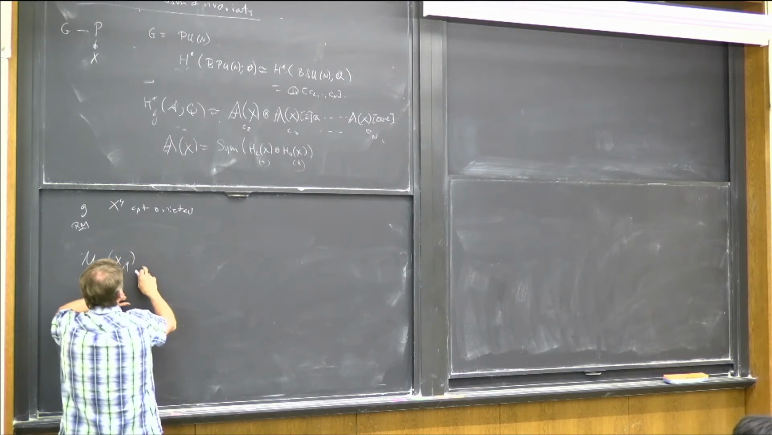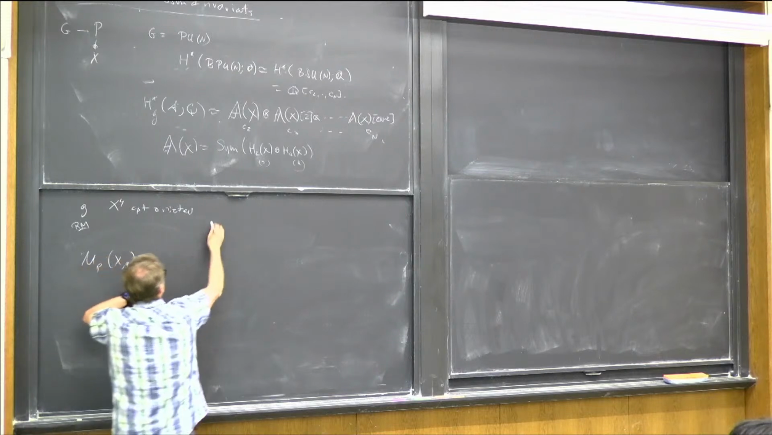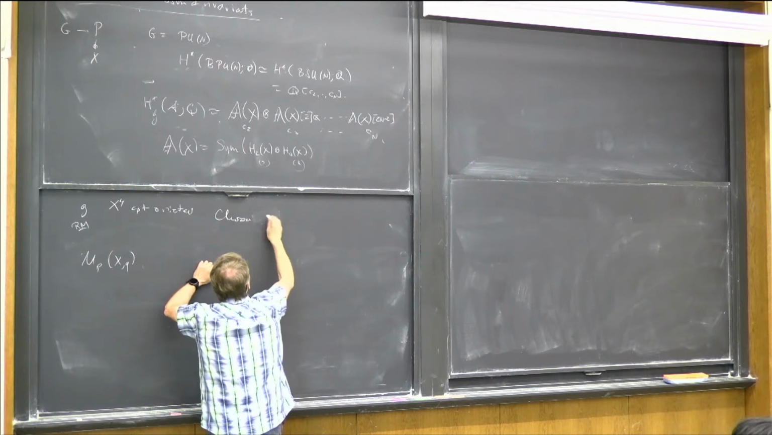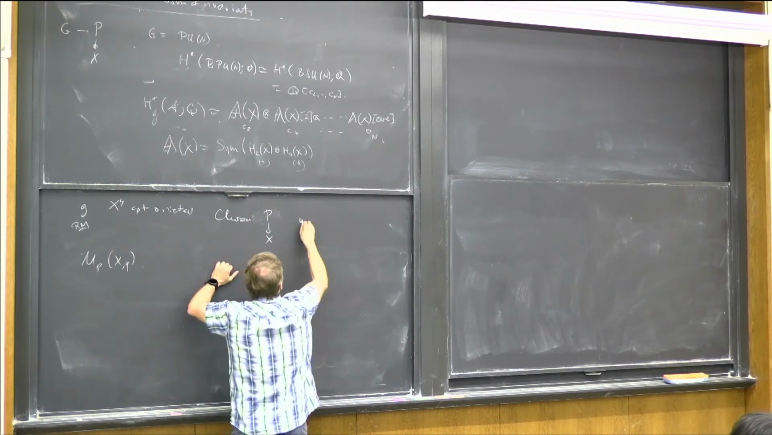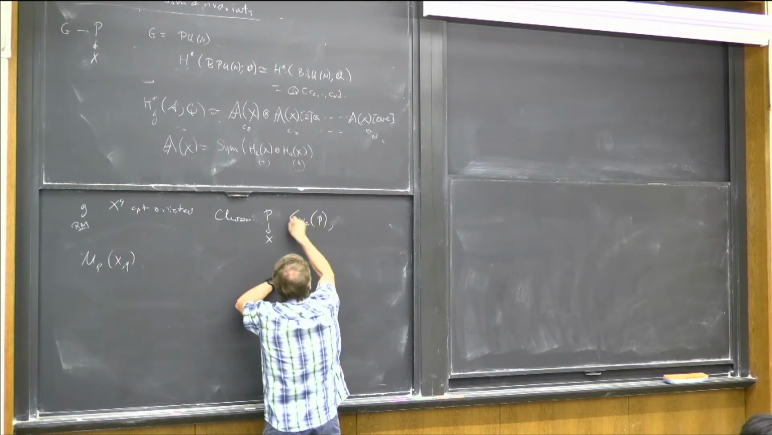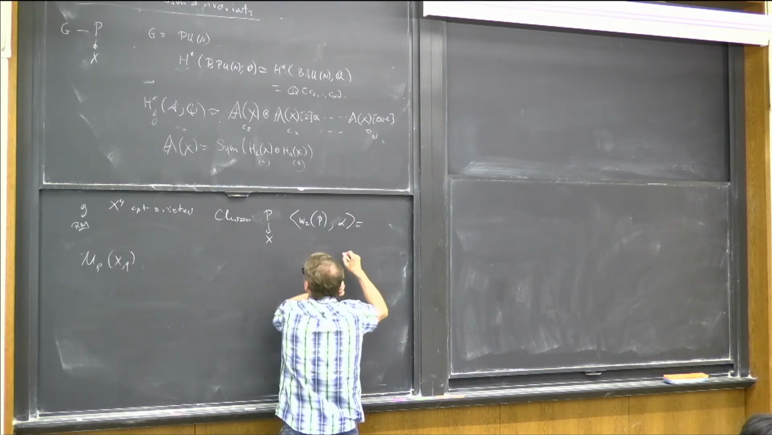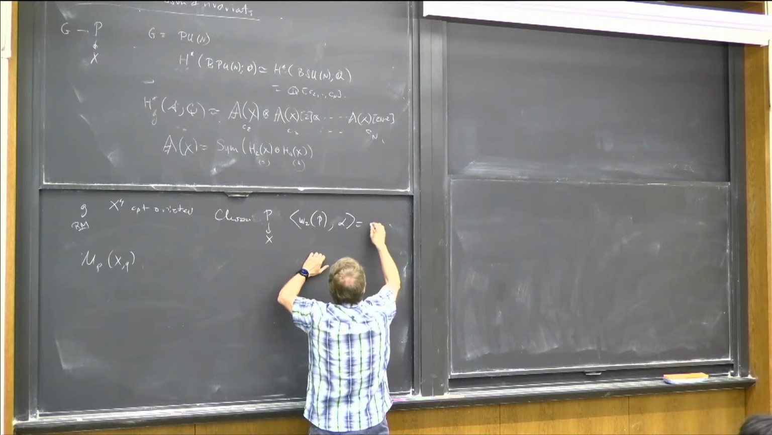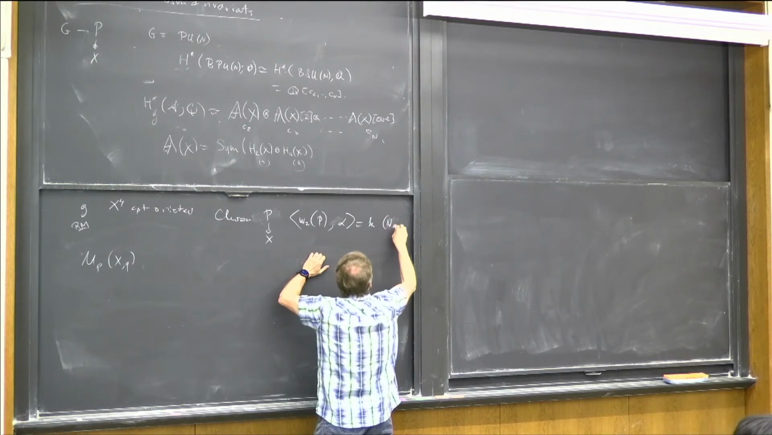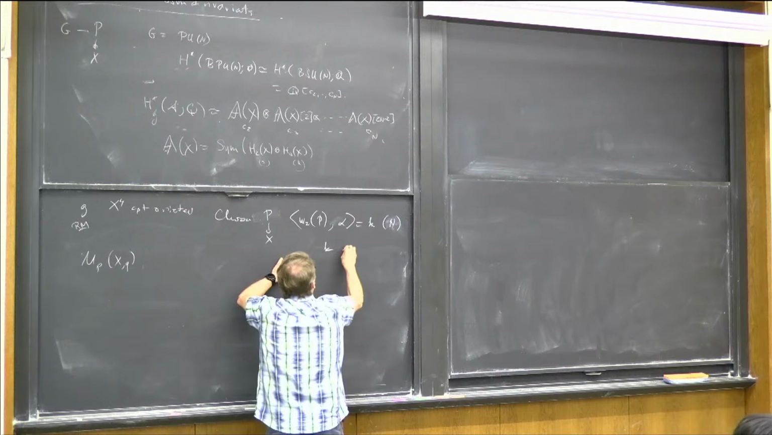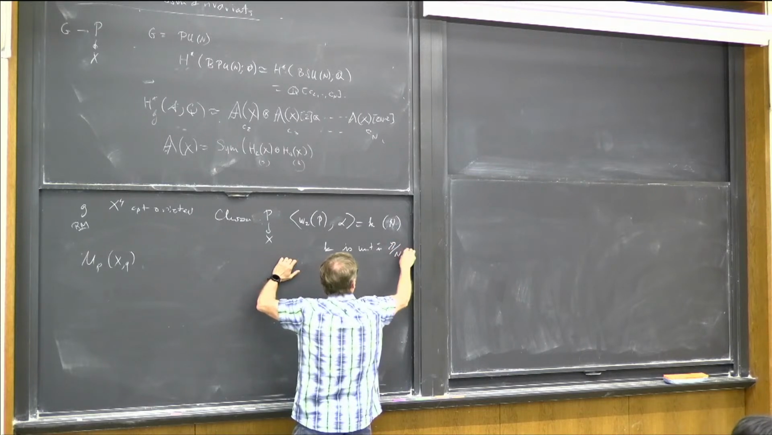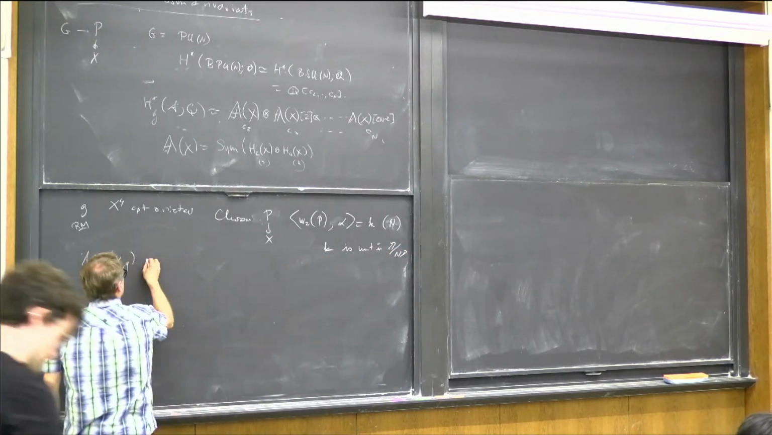We'd rather that it was sitting inside irreducible connections, so we're going to choose P, this PUN bundle, so that its second Stiefel-Whitney class evaluates on some two-dimensional homology class to be K mod n, where K is a unit in Z mod nZ. So this condition